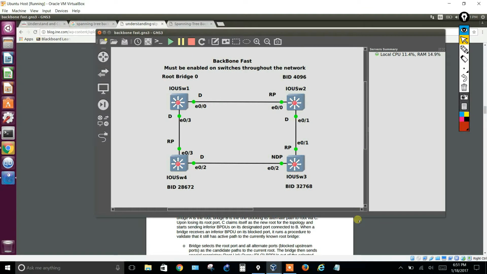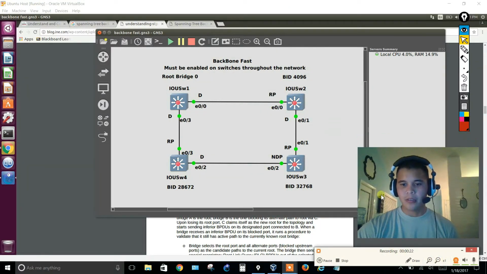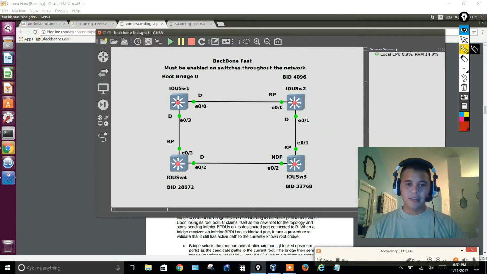Alright, today in this video I'm going to be talking about Cisco's proprietary BackboneFast as it relates to spanning tree. What does that mean for us? What does that do? So, what spanning tree actually does is, in 802.1D, it takes about 50 seconds for a port to change from non-designated to designated or root